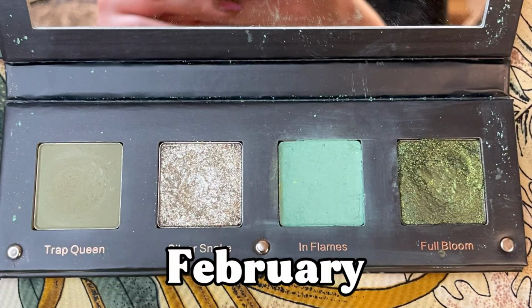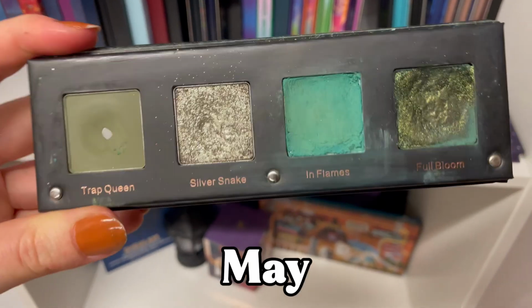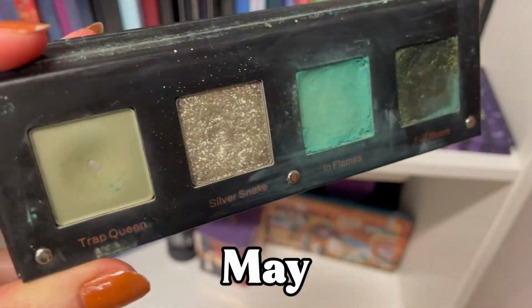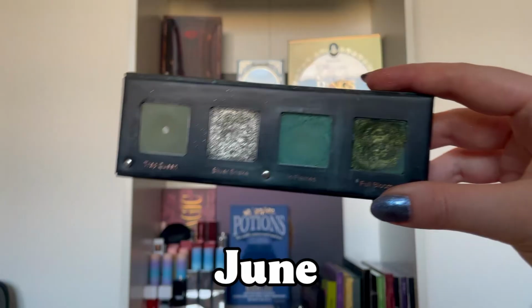Then another palette that I want to completely use up, and it's the only palette from this collection that I also want to use up, is the Liana palette from Shall We Makeup. This one was my Panda palette for last year as well. And I only have 3 shades. This is a quad, but I only have 3 shades left because one of them was used up, I think, even before I rolled it into this project for this year. So Liana,